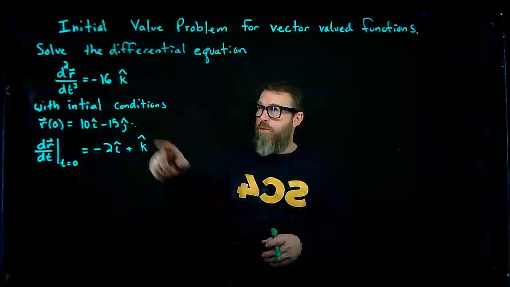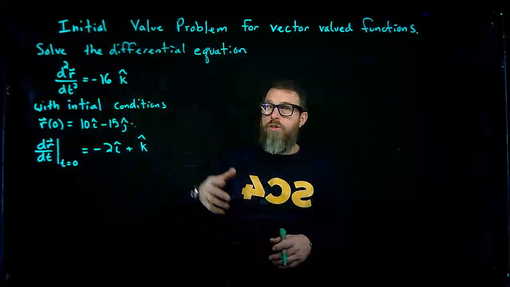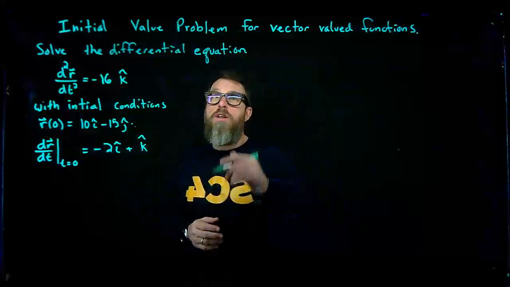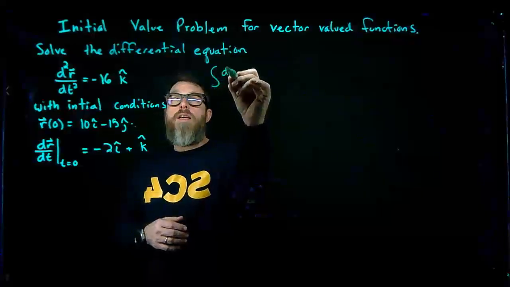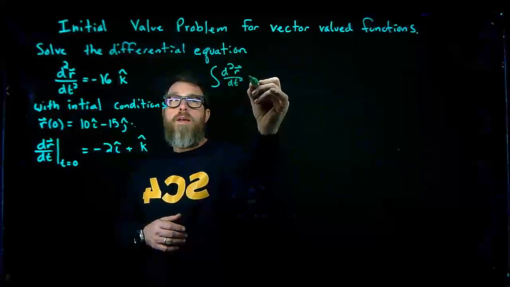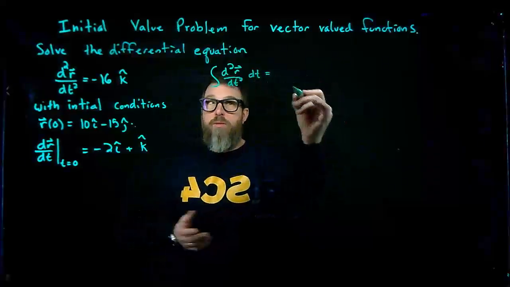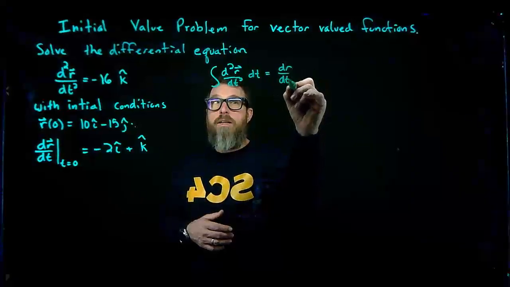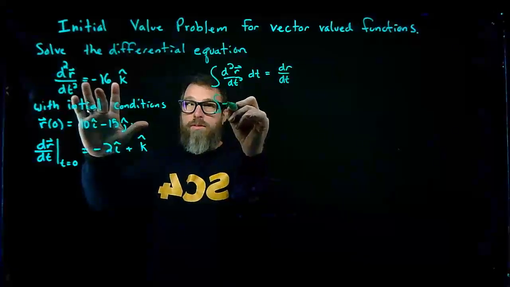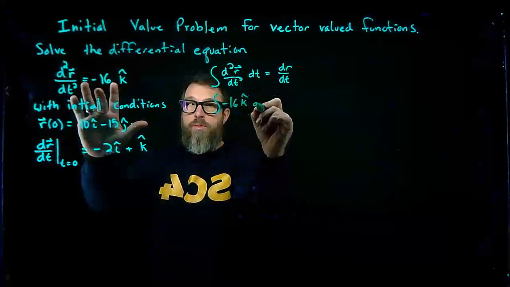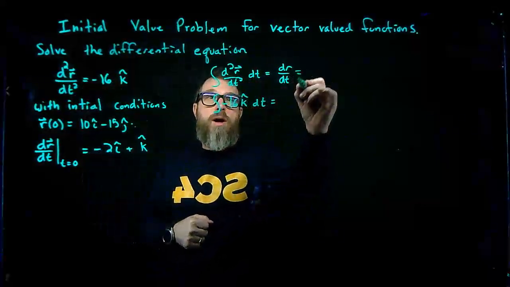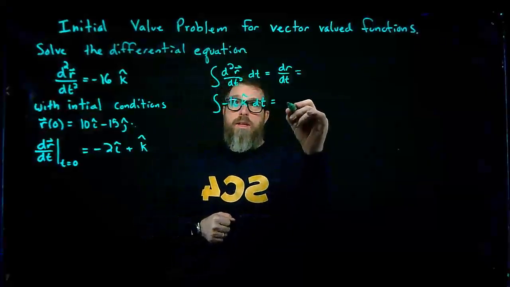So what we're going to do is start out with the second derivative, and compute its first derivative by essentially taking the integral of this. So what we know is the integral of the second derivative of r with respect to t, dt, is simply going to be equal to dr/dt. So notation-wise, this is the integral of negative 16k with respect to t, which is going to be equal to dr/dt. So I know this thing's integral is going to be equal to